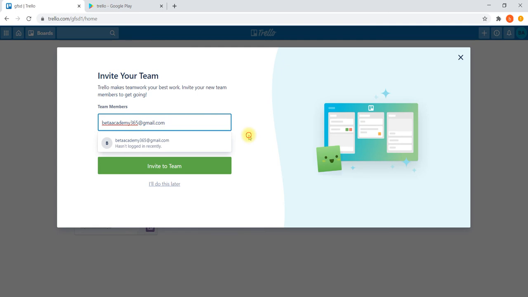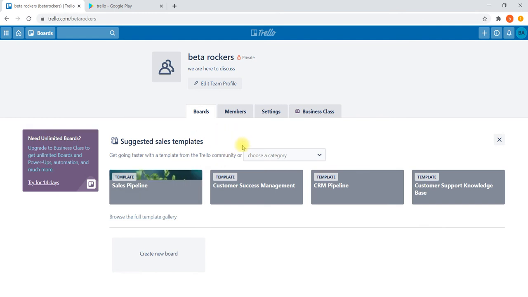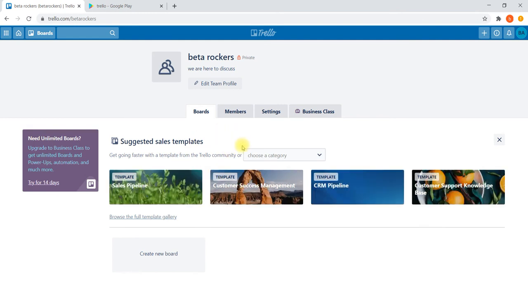You have to keep writing the email address of your teammate, whom you would like to join your team. Select and invite to team. Once they have gone through their Gmail account or their mail account and accepted your request, your team members will be shown here.